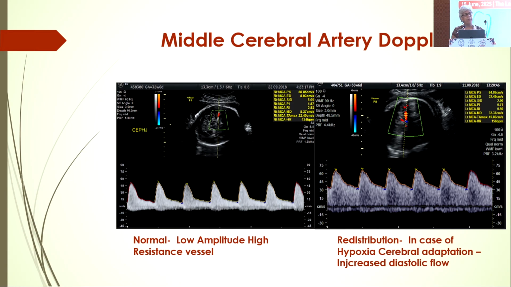But what happens with fetal hypoxia? There will be changes, because whenever we are getting very little, what do we used to do? We used to spend on the very basic things first. So similarly, if the baby is getting less blood supply, there is hypoxia, then what will happen? The baby will divert the flow towards the brain, heart, and adrenals, which are actually very important. So there will be an increase in the diastolic flow instead of decreased diastolic flow. This is called cerebral adaptation to hypoxia, and it is also known as the brain sparing effect. So this is actually redistribution to cope with the danger.